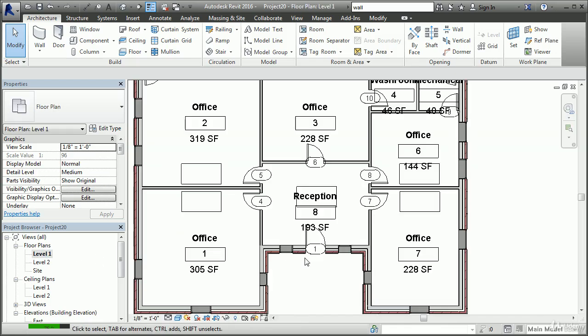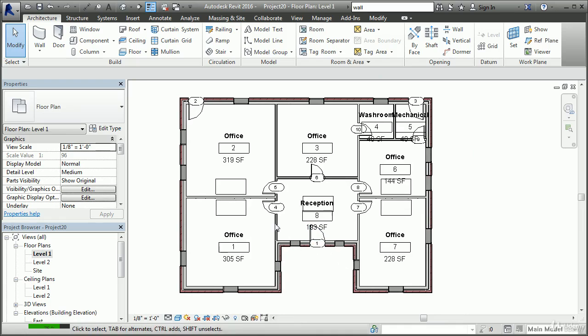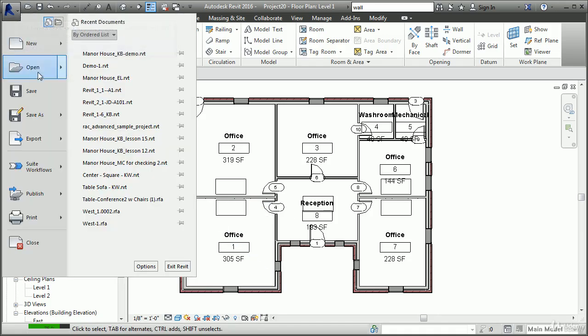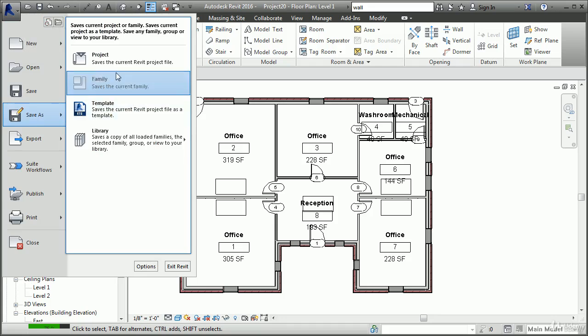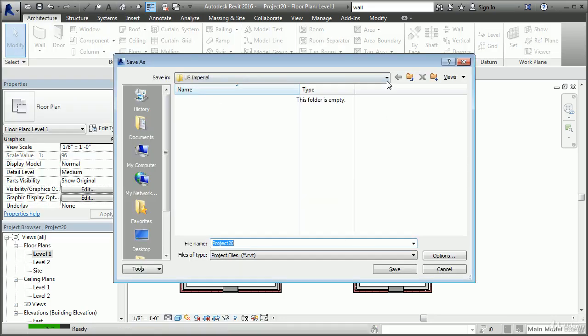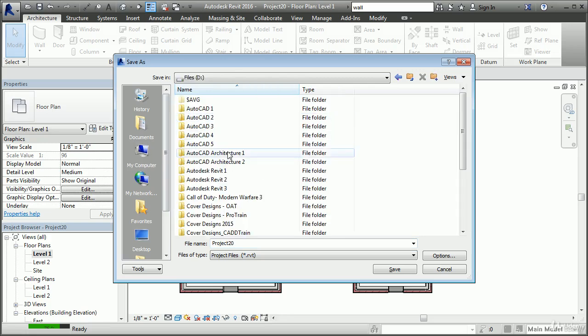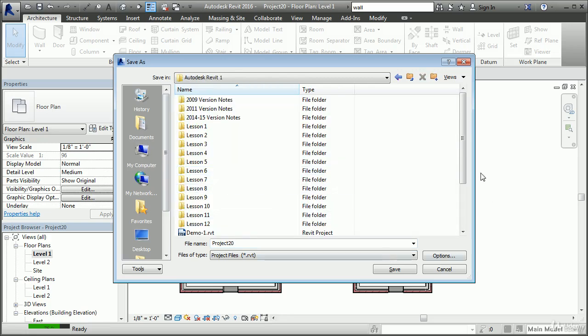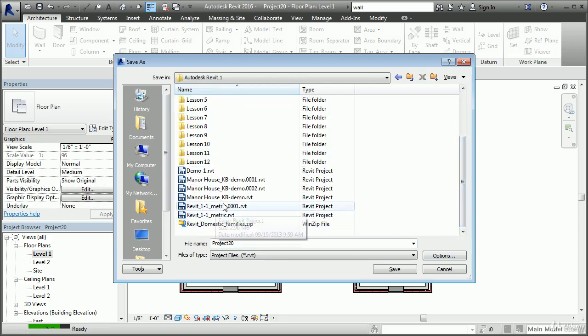I'll just double click to make that view active, and we're going to save this. So save your project as Revit 1-1- your initials. So I'm going to call mine KB. We'll go into my Save As, Project, and I'm going to go to my computer, Files, Revit 1, and I'll say that this is Revit 1-1-